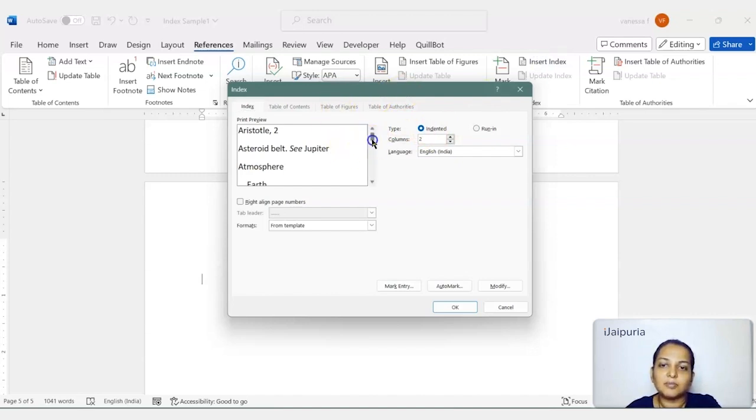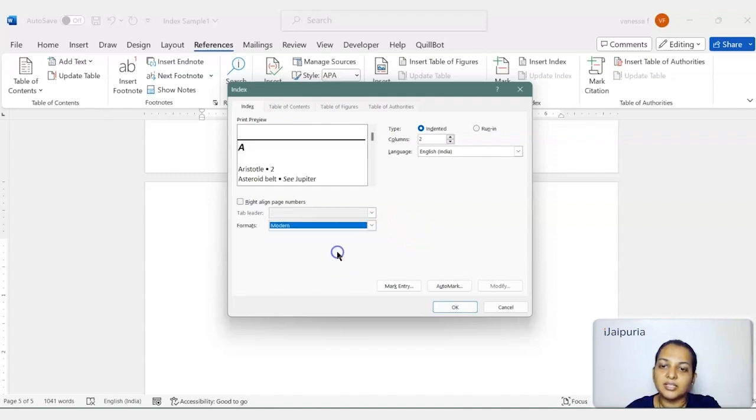So it is giving me a print preview of how the text appears. So say for example, right now the page numbers are not right aligned. It is attached along with the text. So I'll just tap on this. So the moment I can see that it is providing me with the tab leaders. Now the tab leaders are the same as how we appeared when we are actually having tabs. I'm just having these templates.